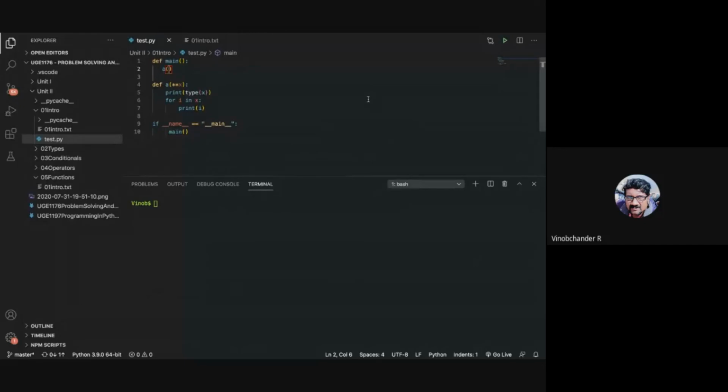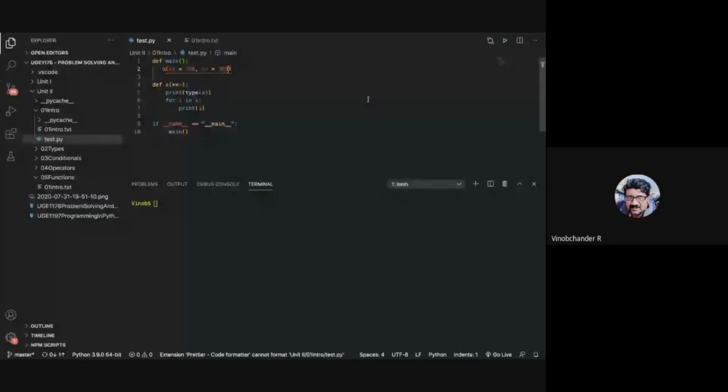Say for example, if I say S1 is equal to 200, comma S2 is equal to say 300, so this way also you can define a dictionary explicitly, and print that out. It says S1 and S2.